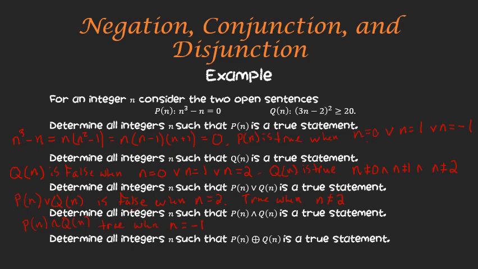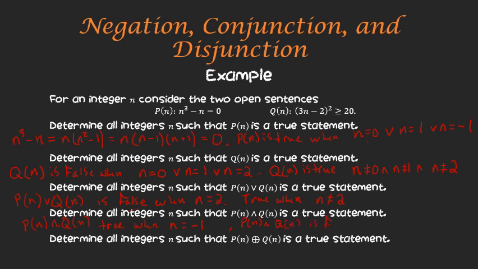Sorry, we need not P of n and Q of n to be true. So since we need P of n or Q of n to be true, that's going to throw out the value n equal to 2, since we know that'll make P of n or Q of n false. So we need n to be not equal to 2, and we need P of n and Q of n